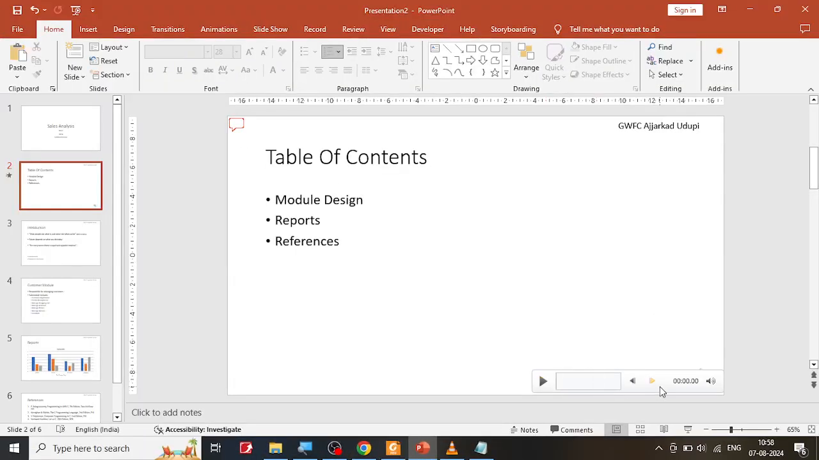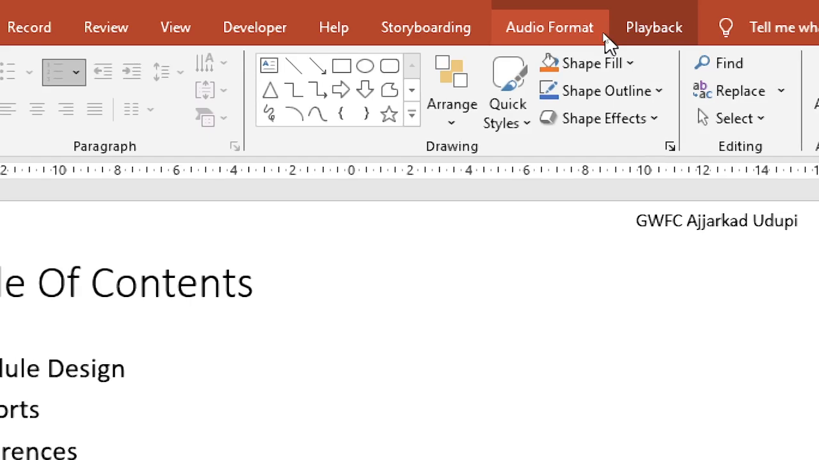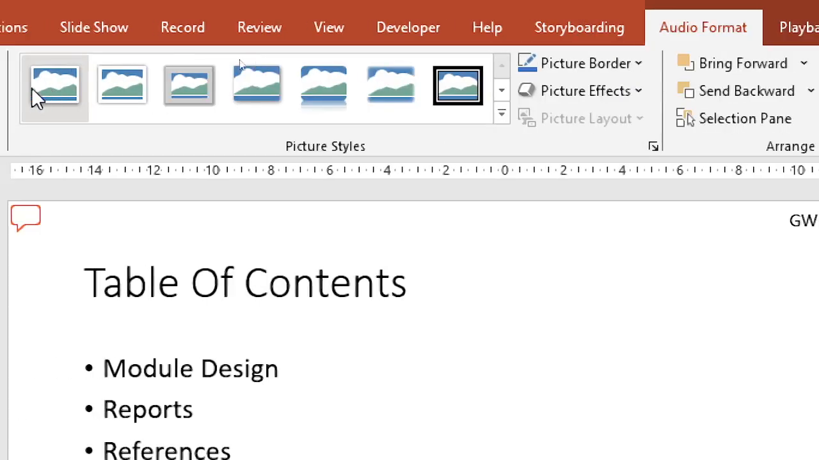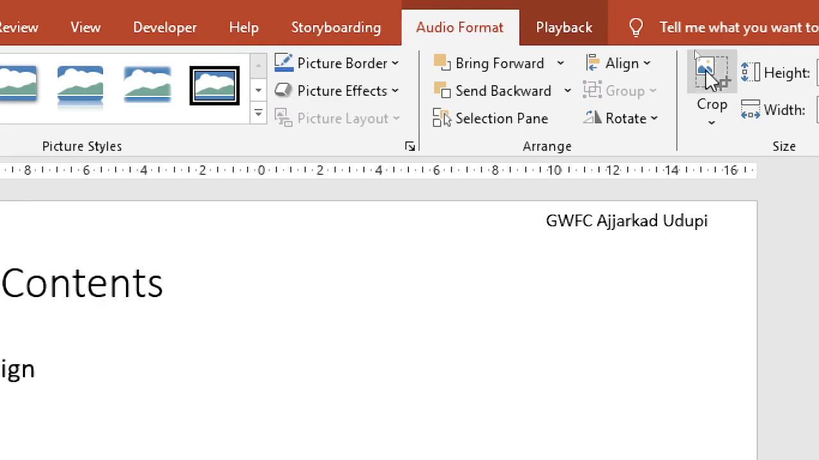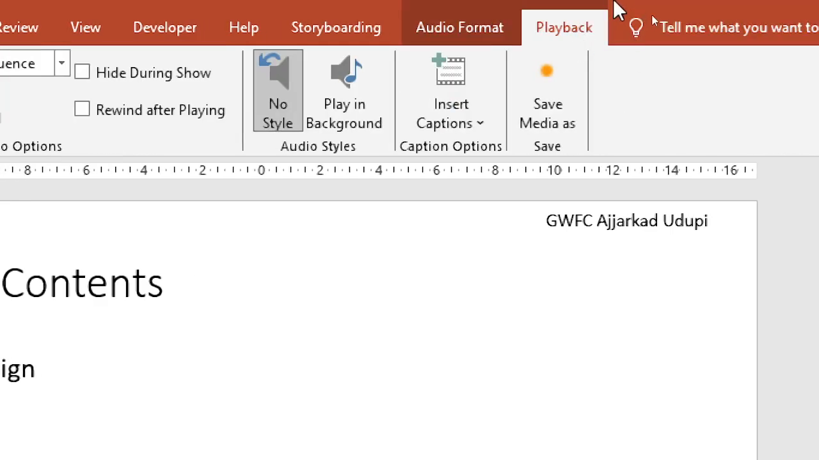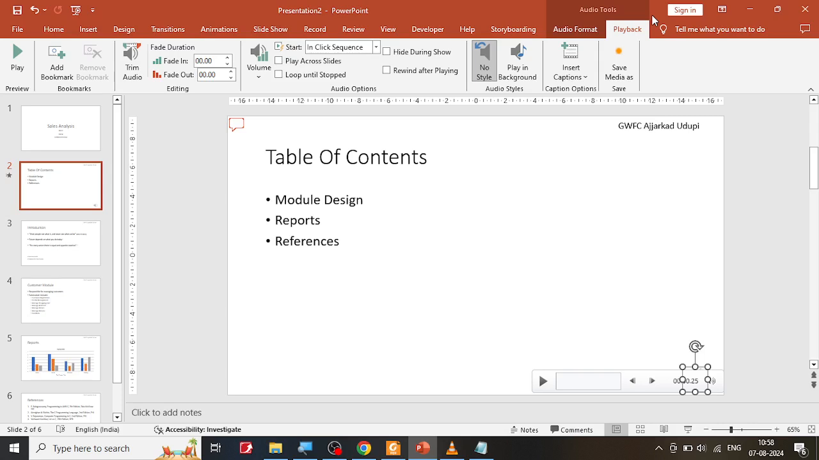Also, if you click on this one, you get an extra menu over here. That extra menu is with respect to the audio format, and I am not interested. I'm going to go with the next option, that is Playback. You get an extra option, Playback. Now the Playback says when you want to play it. When I click on this icon, I can play it,